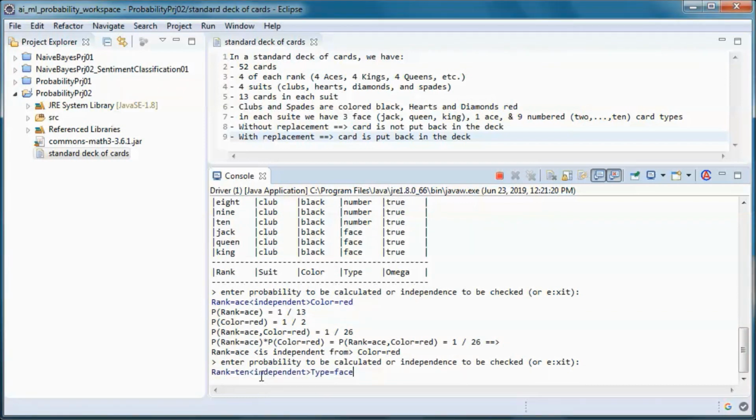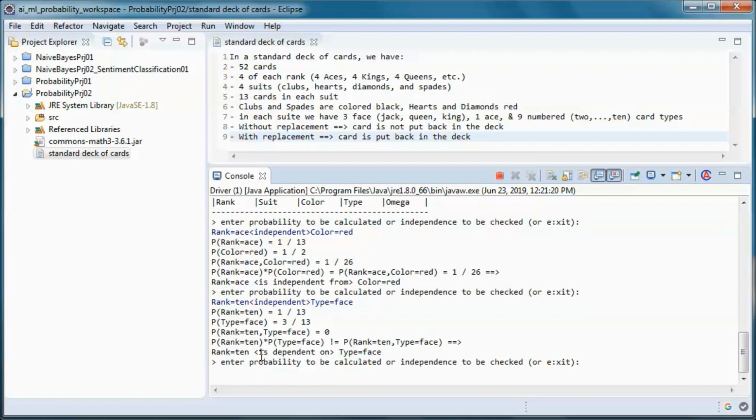And let's try if rank is 10 is independent from type is face, and it is not, it is dependent on type is face.